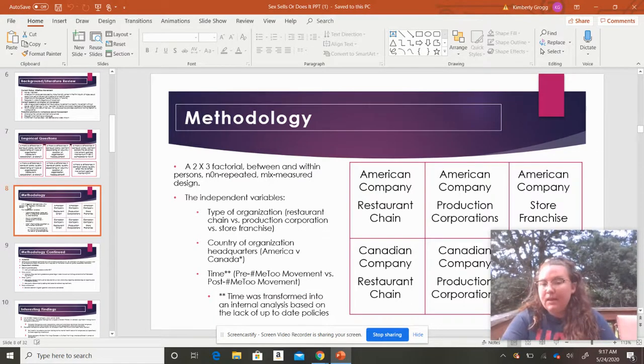The between means I compared between all of those different categories. So American restaurants, I compared to Canadian corporations and vice versa. You kind of have a big matrix to combine all of your different spots there. Within is within your same category. So I compared within just American, I compared within just Canadian companies, compared within just restaurants, just corporations, just stores. So that's kind of what that means. It's a little bit complicated when it sounds like that. It sounds way fancier than it actually is. But when you look into it, that's basically